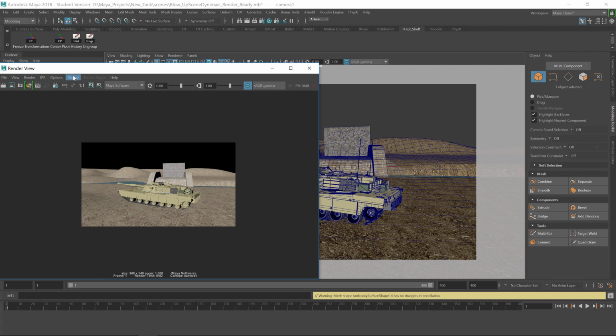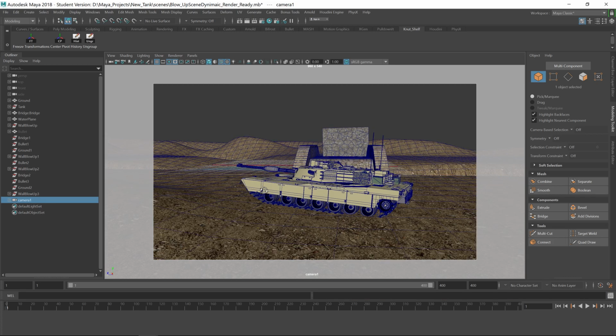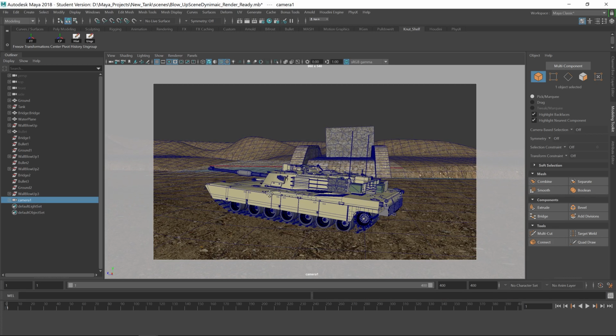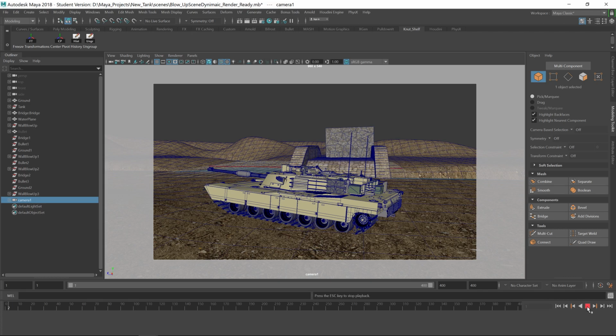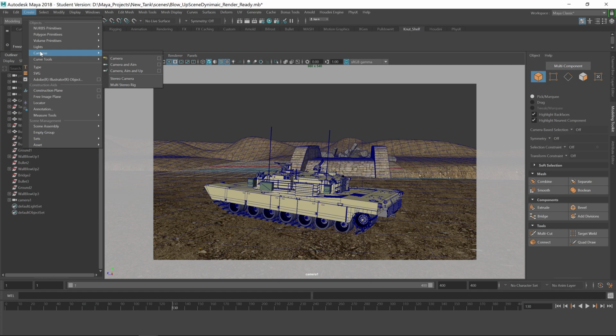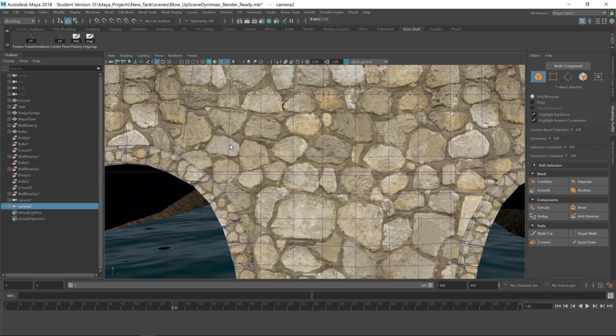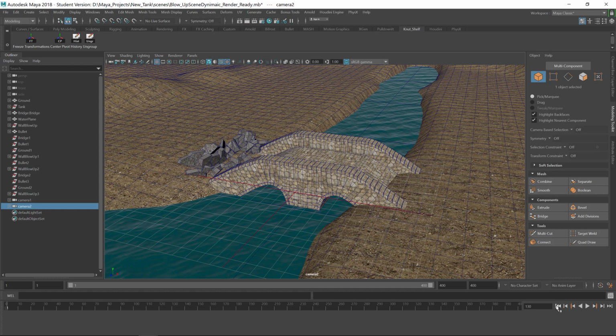Okay? So the next thing here, what I want to do now is just kind of line it up how I want the shot. So if I hit play, alright, that would be nice. So I want to create a second camera right now. Create camera and hit camera right here. And I want to look through the second camera, do the same thing, and now I'm going to hit